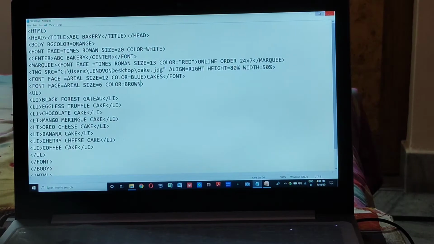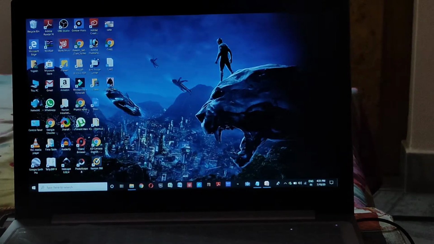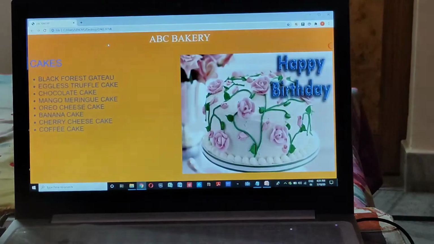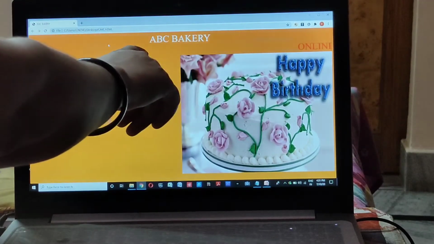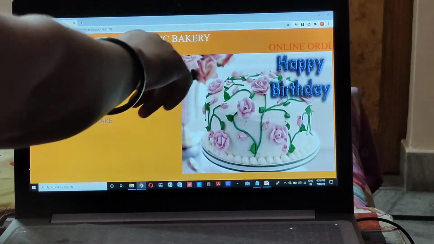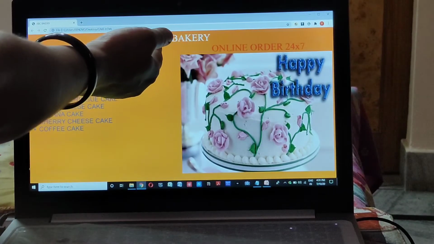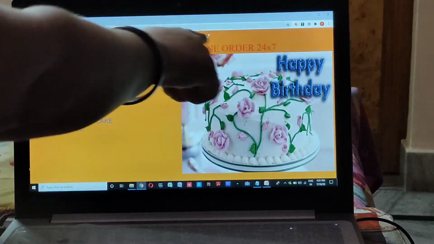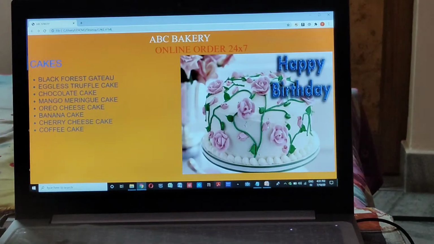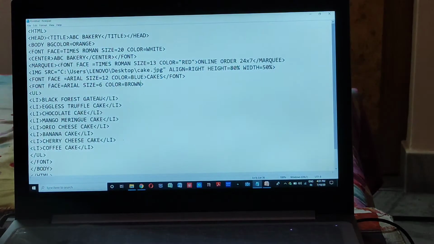Let me show you that page once more so that it will be clear to you. This is the title of your web page, and this is the heading which we want to display with white color in the center, right? After this, next is marquee. What is marquee?